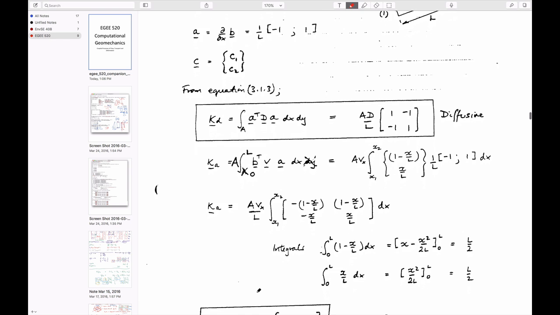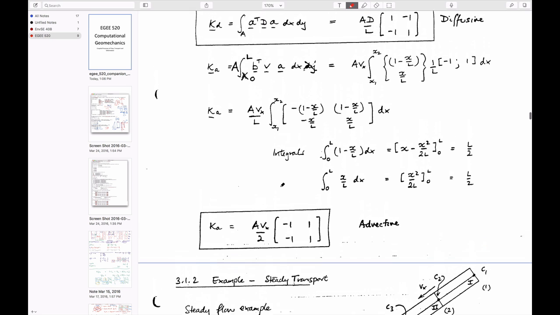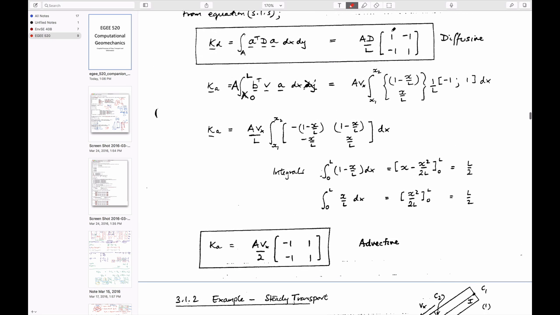And if you remember this, I think this is stuff that you did online yourself, if we look at this advective equation, it has some interesting components in it. The first is that no longer is it symmetric, like the diffusion equation is, symmetric around the leading diagonal. It's anti-symmetric, if you like. And it's no longer positive definite because it has terms on the leading diagonal which can be negative,